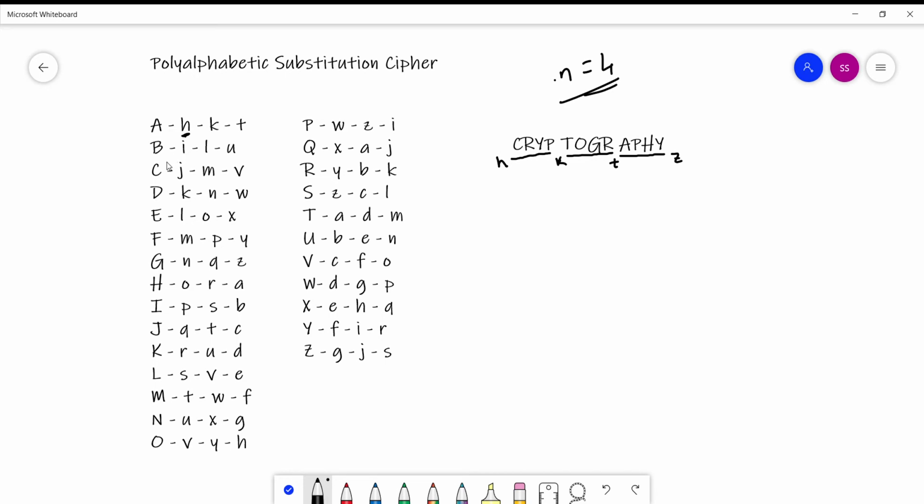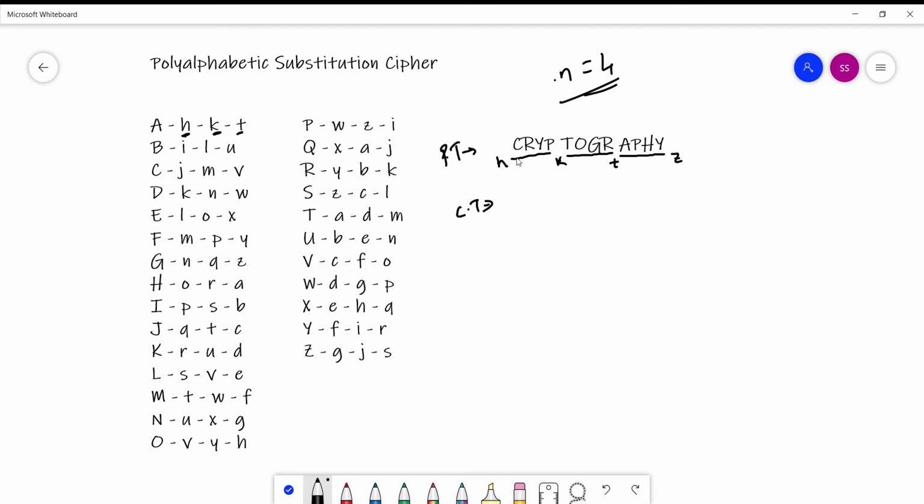So just like in Caesar cipher, as the alphabet in plain text increases, the alphabet in ciphertext will also increase. Similarly, the second cluster is starting with K, which means A will have the value of K. In the third cluster it's starting with T, which means A will be encrypted to T. Okay, so let's start encrypting. You will get to know more about this while we encrypt. So this was my plain text. Now I'm going to find the ciphertext for it.